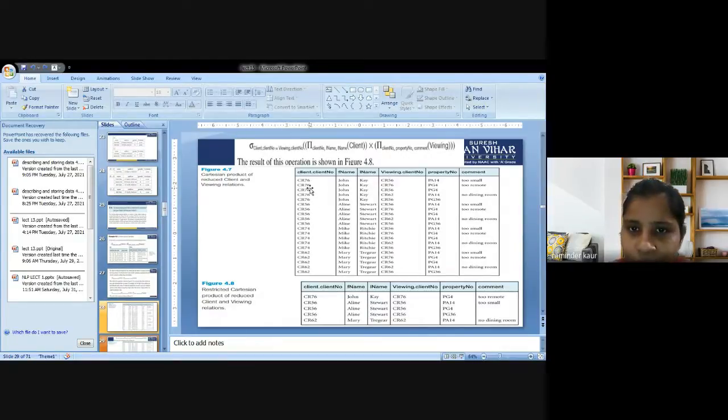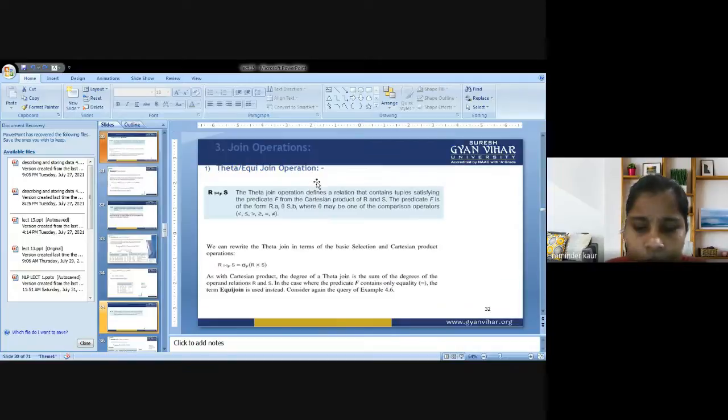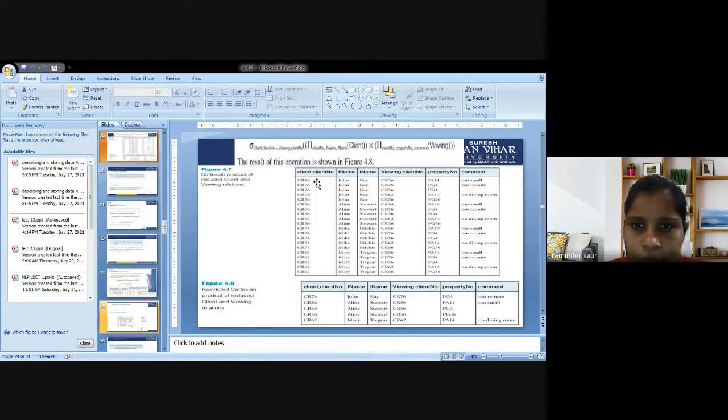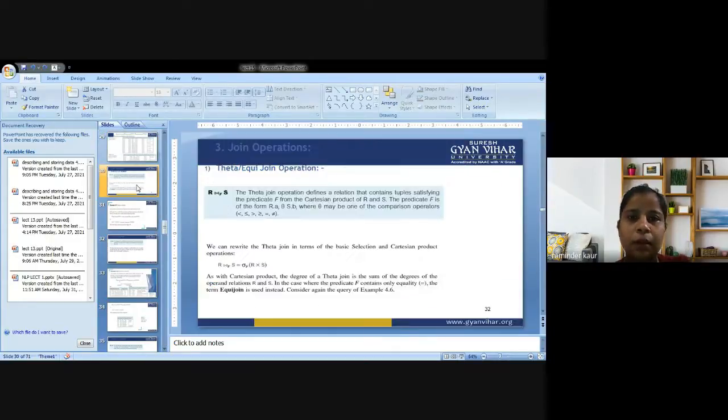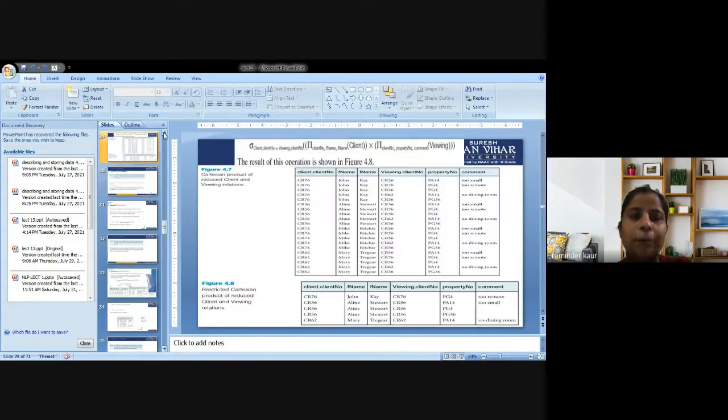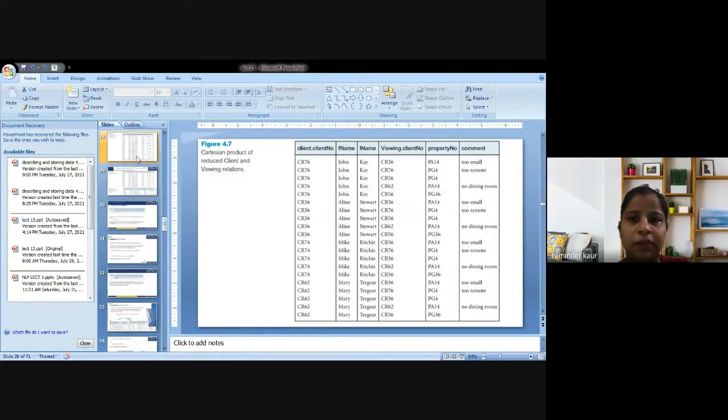You can have a look at the same: 1, 2, 3, 4, 5, 6. Just wait, let me count the same. Twenty tuples are there, you can count them. Just count the same, because we are supposed to apply the Cartesian product in that manner. Just look at the practical operations first. What could be the case here?